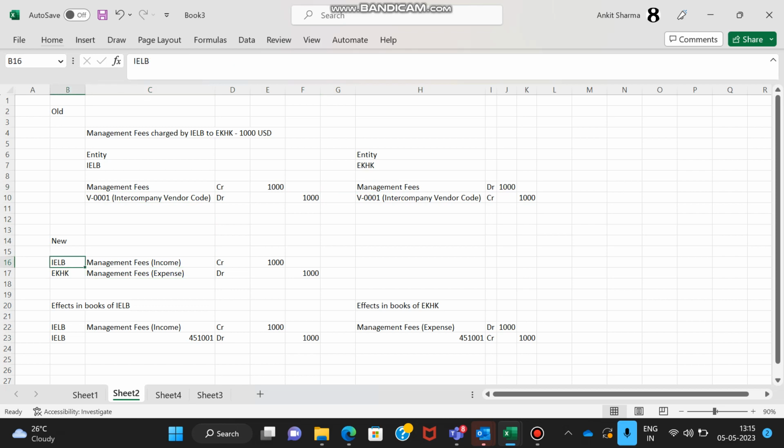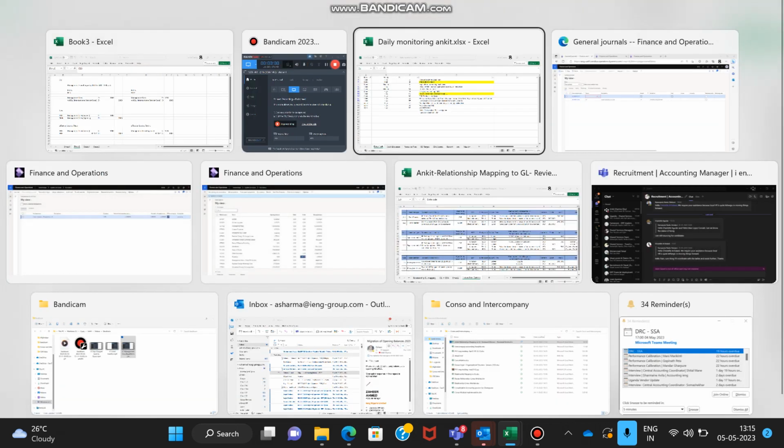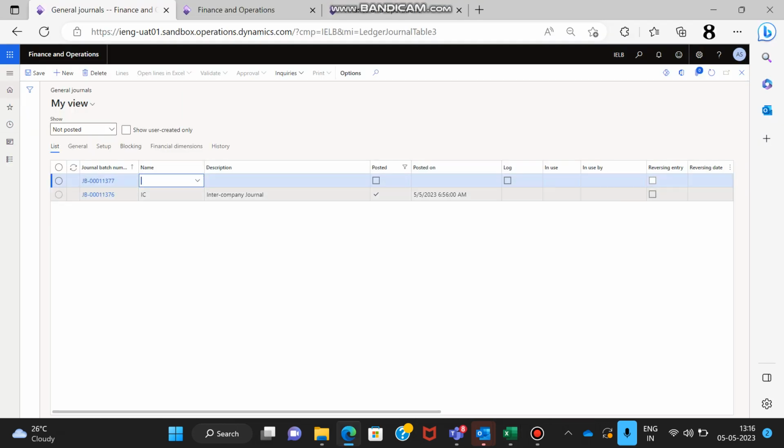However, in the new mechanism, the entry will be done here. The initiator of the transaction is IELB because they are the one finalizing the amount of royalty that needs to be paid, or the management fee. So they will debit the management fee, they will credit the management fee income account. However, if I go to the ERP and show you the transaction,